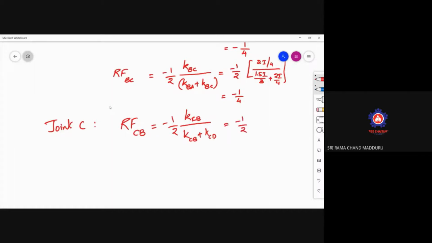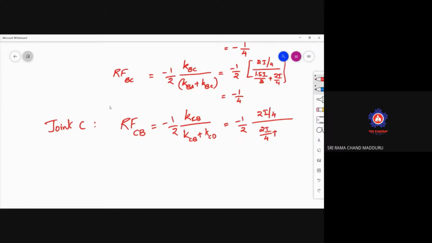What is the value of KCB here? 2I by 4. KCB or KBC both are the same. 2I by 4 plus,